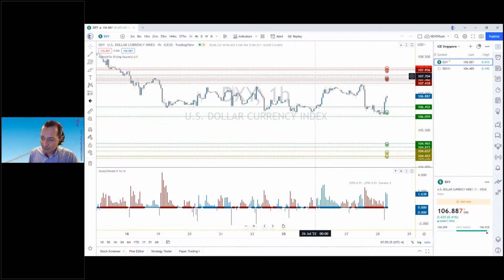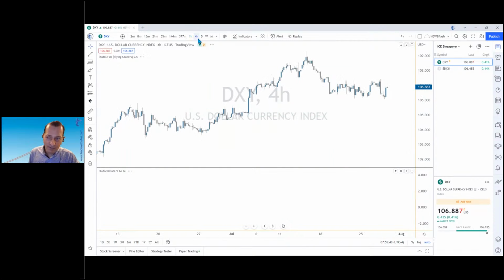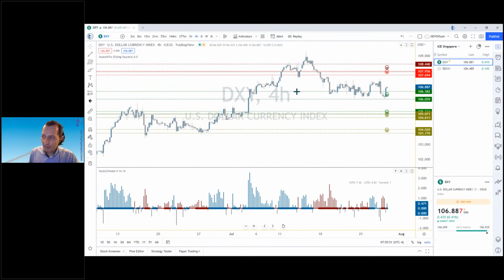So again, in this particular application, I was looking at the 1 hour time frame of the dollar index. Symbol is DXY. So let's say instead of using the 1 hour time frame, you are using the 4 hour time frame. Same application. You would be looking first at what the climate is. I'm just sharing how I trade. The climate is blue, so that means you have permission to go long. You have a statistical advantage being a buyer. This is what AutoClimate is suggesting.